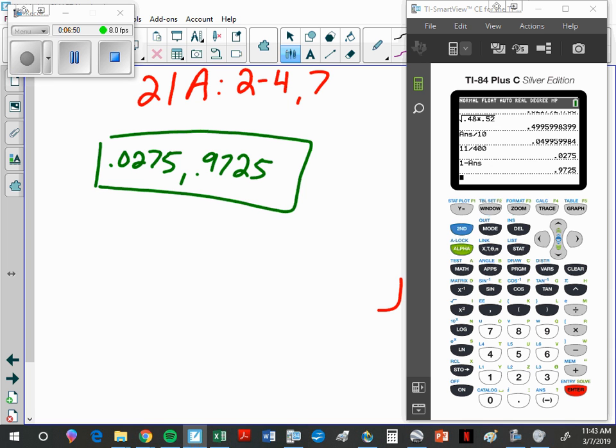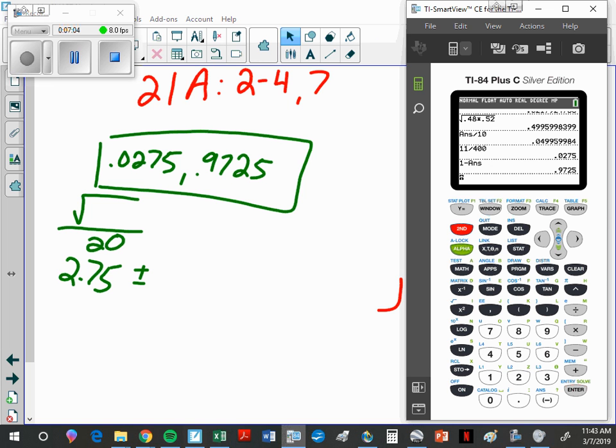So my expected value is 2.75% plus or minus the square root of both of those numbers divided by 20, which is the square root of 400. So the square root of this times this, and then I divide that by 20, and I end up with